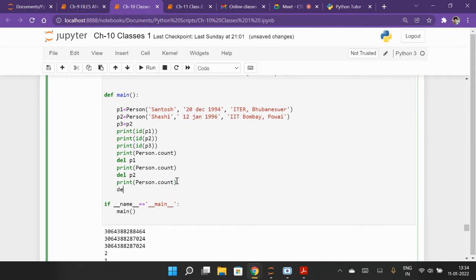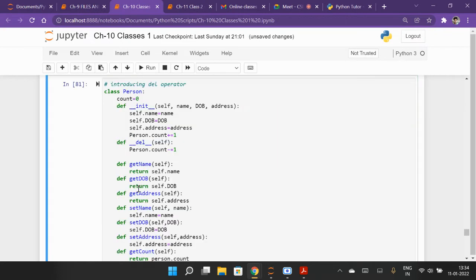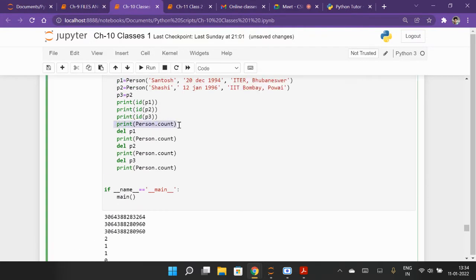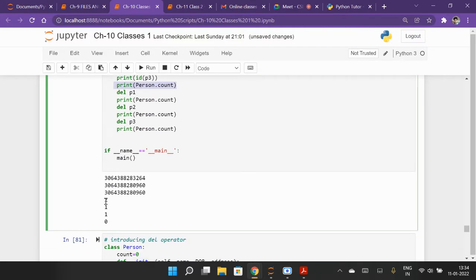So if I delete P3 and then print person.count, now it will give you 0. So what is happening? This print will give you output 2. There were 2 objects. After deleting P1, you have 1 object.